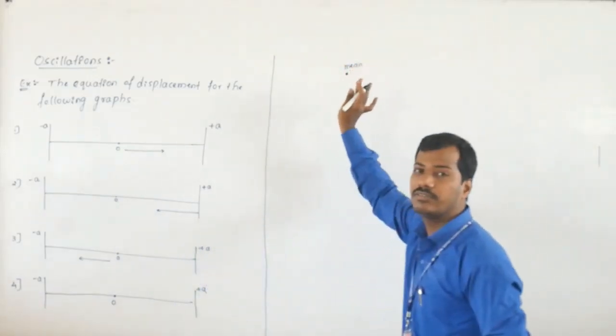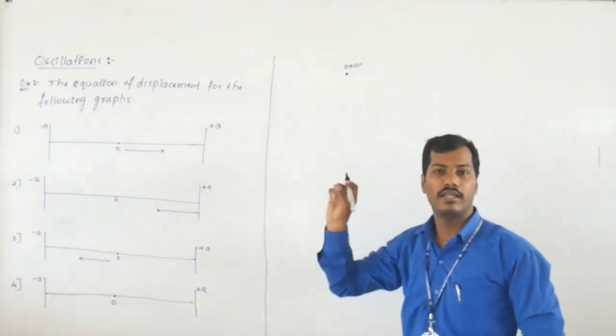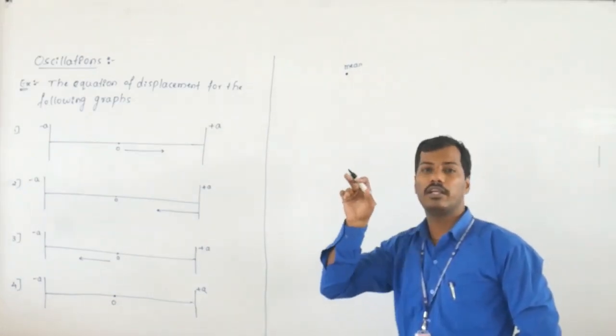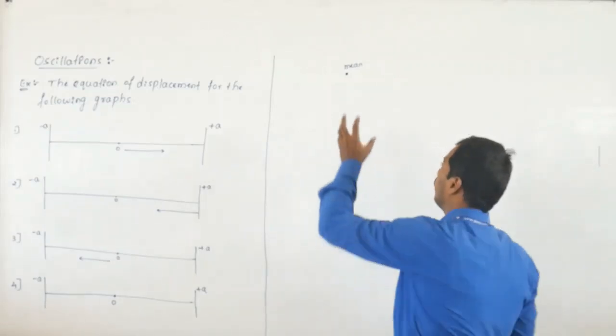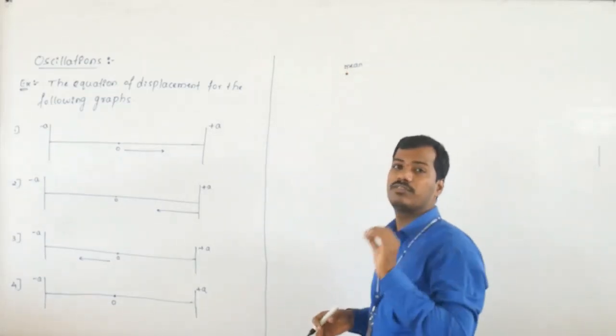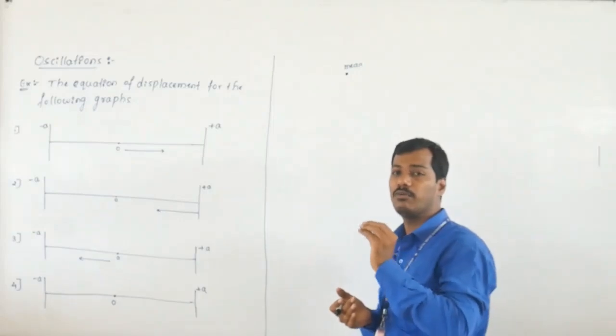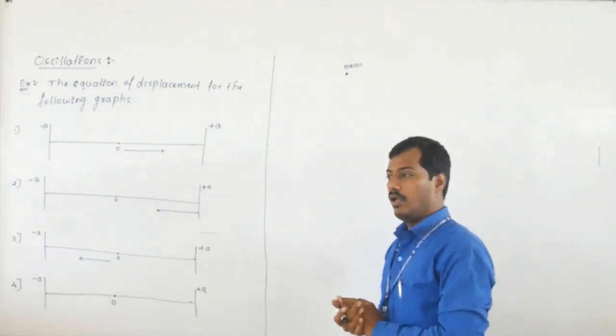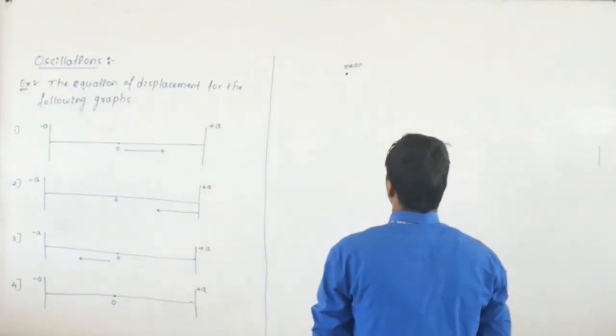When it starts from here, the phi, that is the phase, is nothing but what? Phi is 0. That is, the phase is 0 when it starts from its mean position. Next